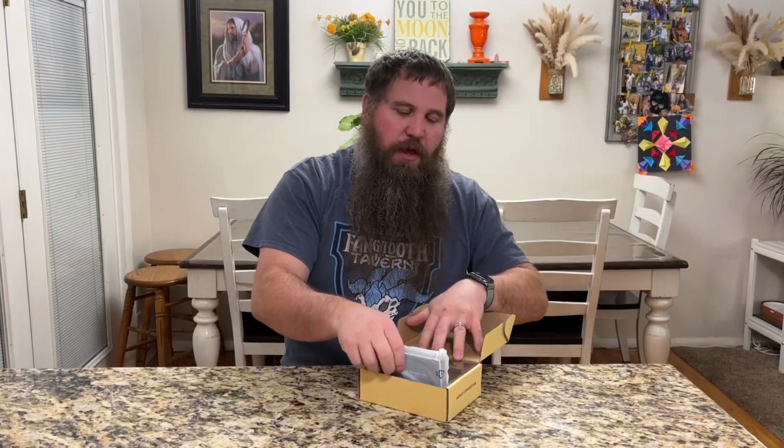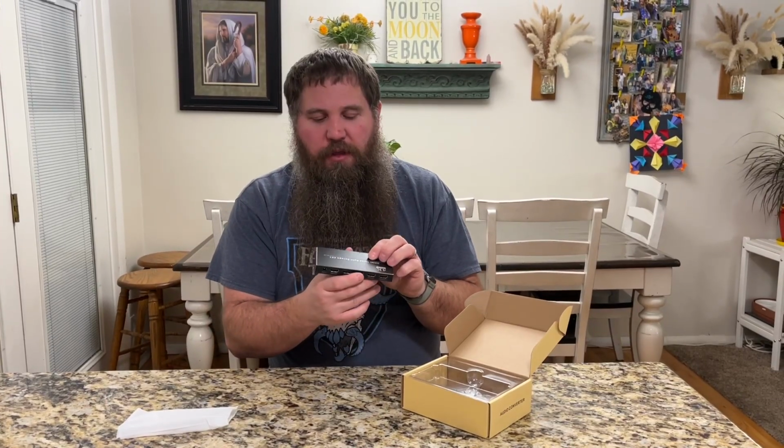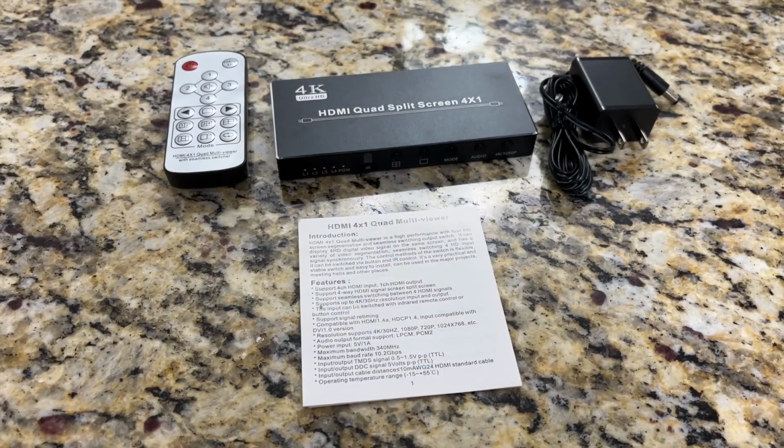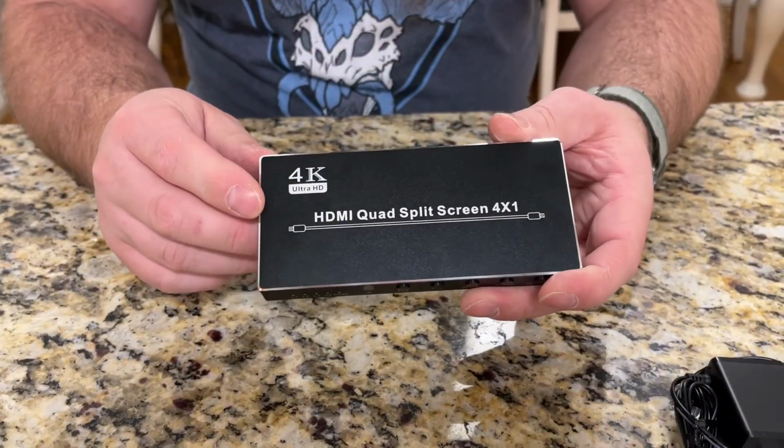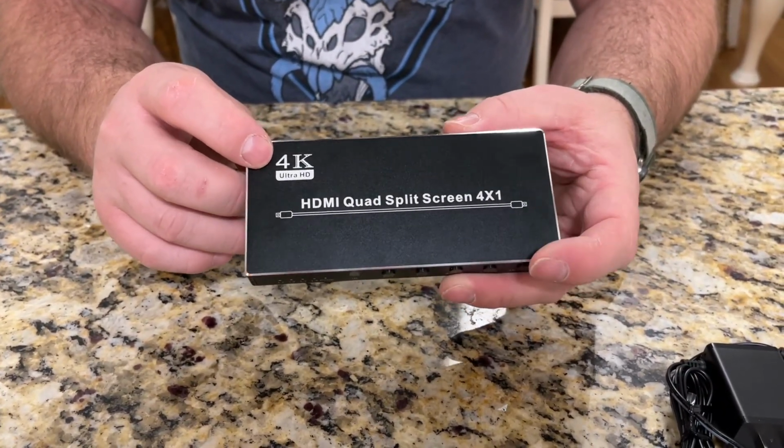I have here a 4-in-1 multi-viewer. So this is an HDMI splitter essentially, so you can have 4 inputs to a single output, and you can select which input is actually being sent to the output independently. So this is a 4K device, and it will not have any kind of flickering or any dropped frames when